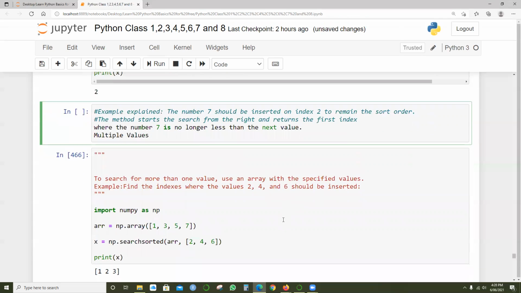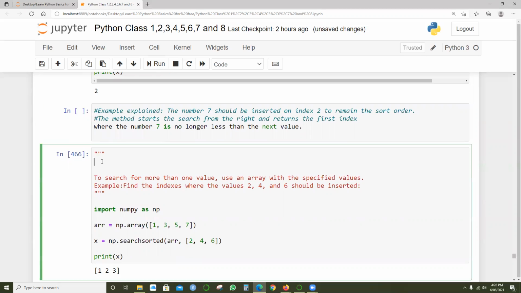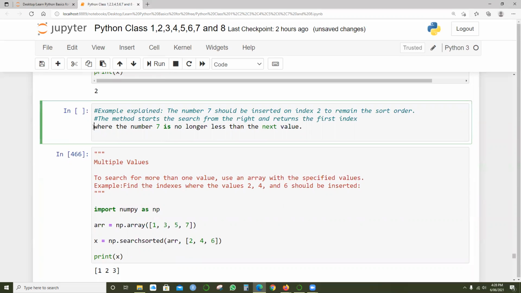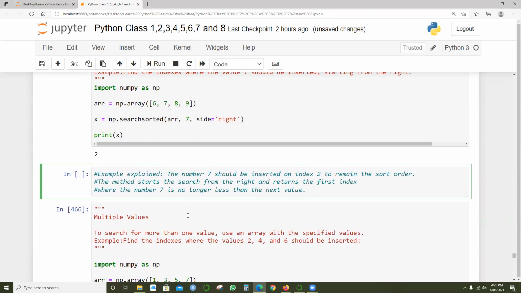So we know the index values, how to read from the left side or the right side. Let's take this one.